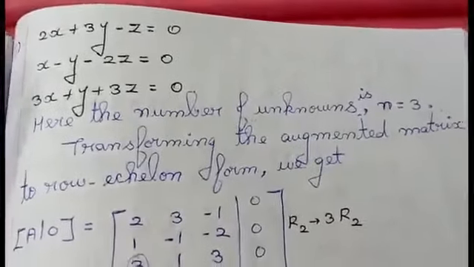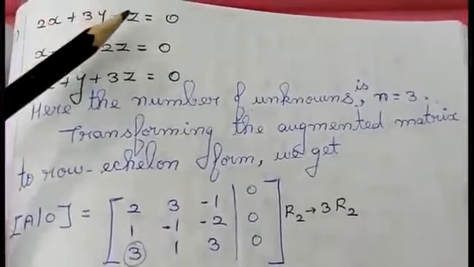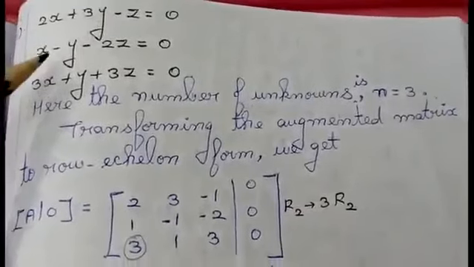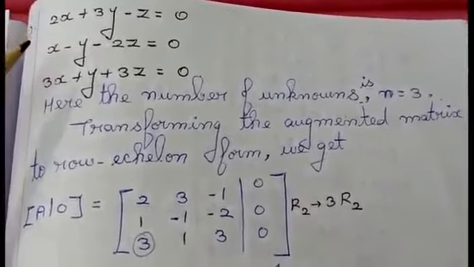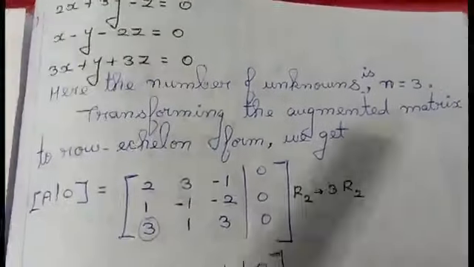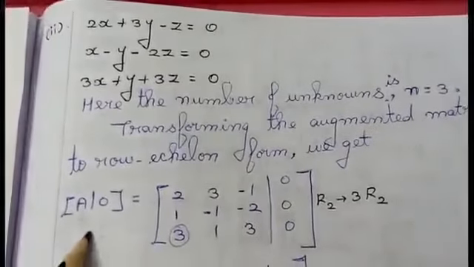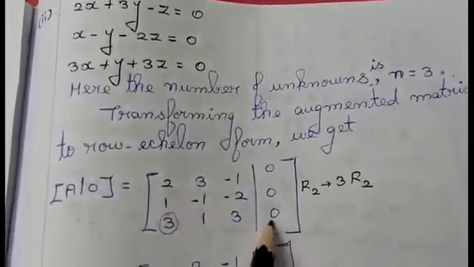Second sum. I am taking the equations. See the constants, in place of the constants I am having the value 0. So this is known as a homogeneous equation. Same procedure as we did in exercise 1.6. What is the value for n? The value for n equals 3. I am creating an augmented matrix. In the augmented matrix, I am taking the coefficients of x, y, z and I am replacing the constants.